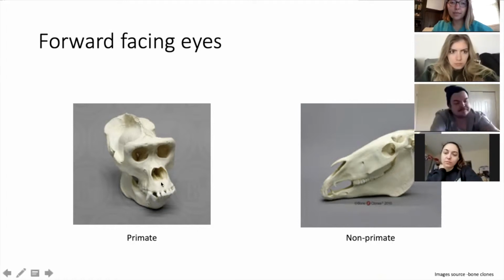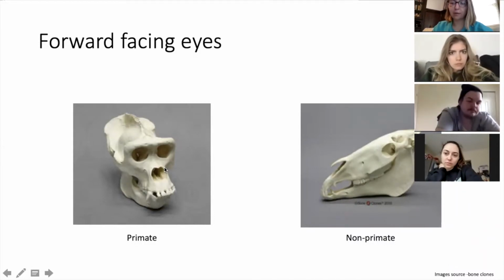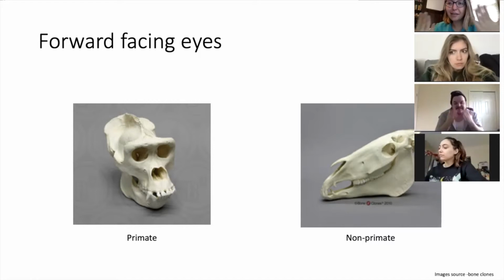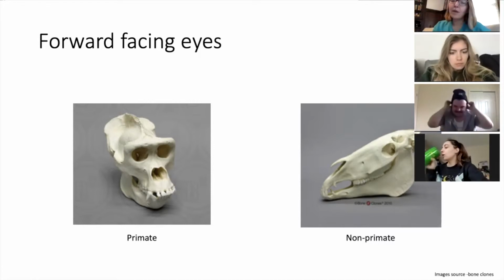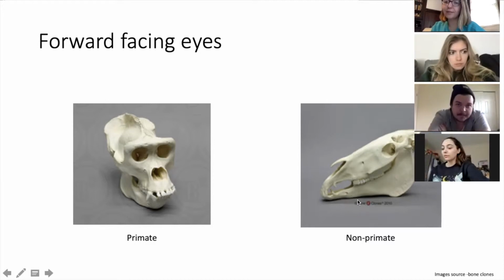I have two skulls here. The first one is our primate skull. This is a male gorilla skull. You can see the two eyes, which we refer to as orbits or eye orbits when we're talking about the skull, are forward-facing. You can also see that on yourself. If you're looking in the mirror, you can see your two eyes clearly right on the front of your face. Whereas if we look at this skull, the non-primate skull, this is a horse skull, the eyes are laterally